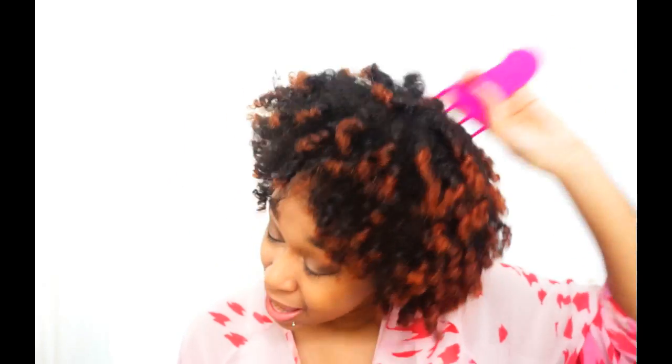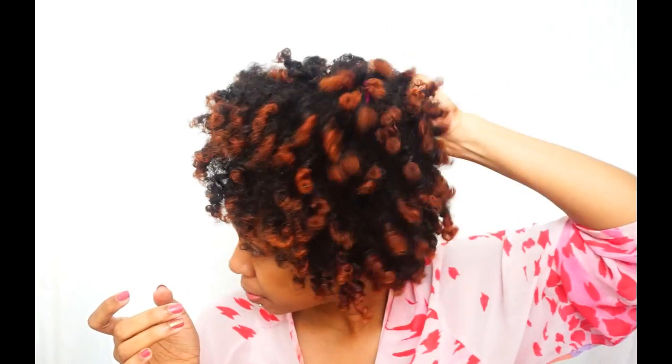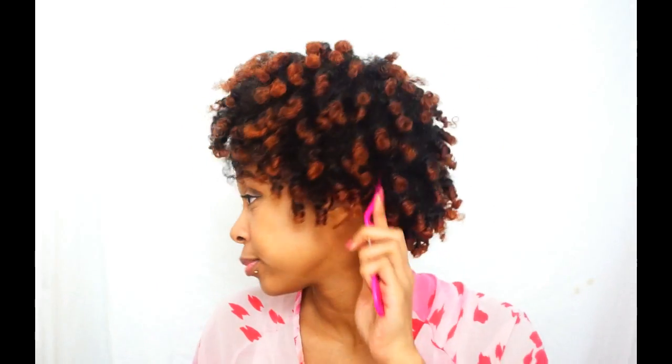But as I'm doing this, I'm kind of loosening up my curls a bit so they can fall naturally the way they want to fall. So once I do that, while I'm massaging my scalp, look at that, killing two birds with one stone. Now what I am going to do is just fluff it up, give it a little volume. When I'm picking, I am not picking all the way through because you are going to lose curl as you're doing this. So I'm going to make sure I do it just a bit